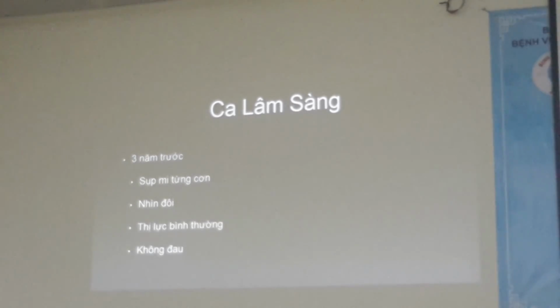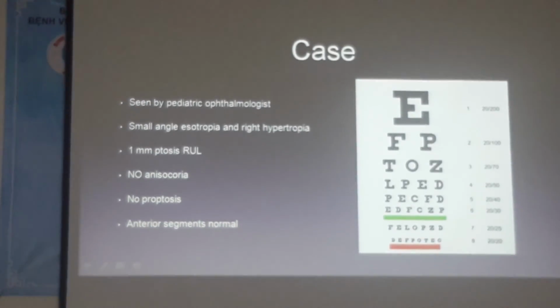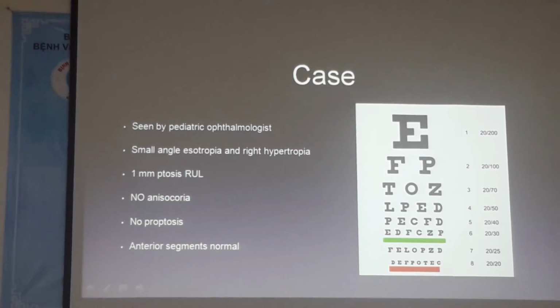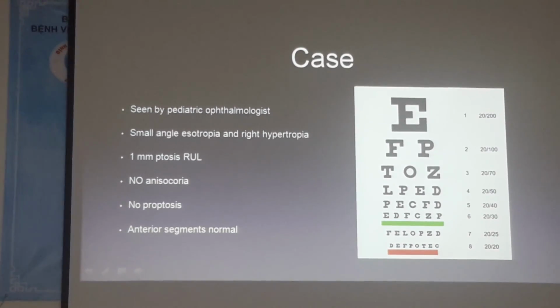And she had a small angle esotropia and a right hypertropia at that time. She was found to have just a little bit of ptosis. She had no anisocoria, and the rest of her examination was normal. So she was thought to have perhaps a small